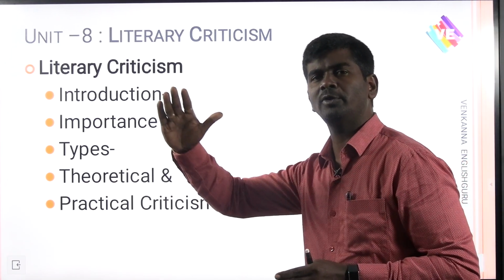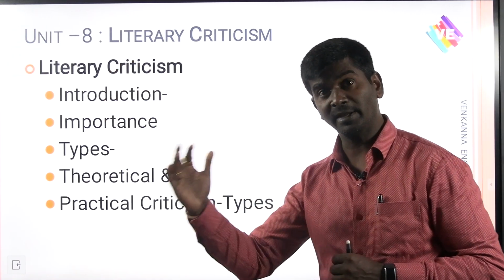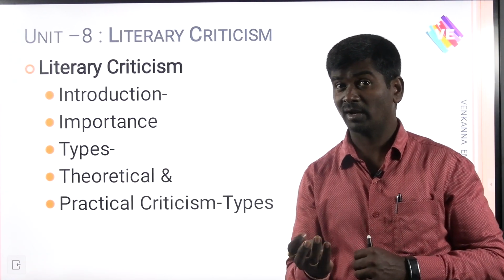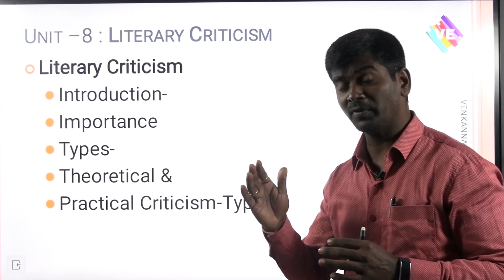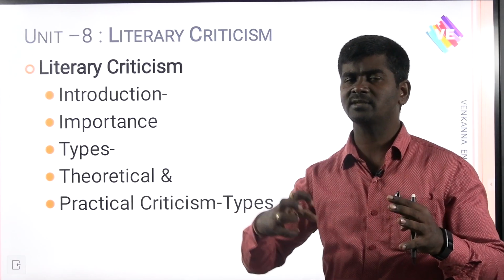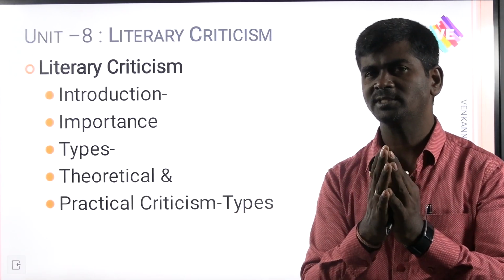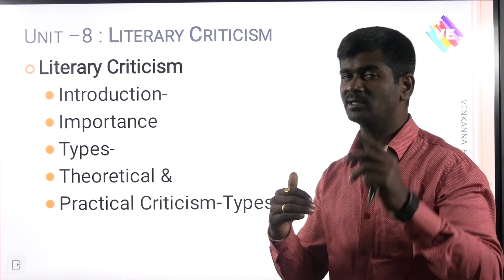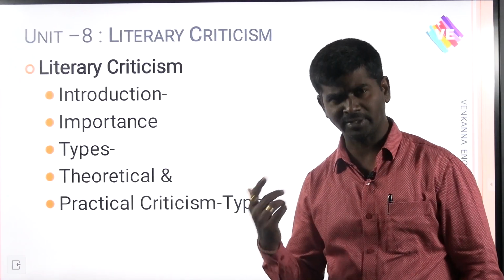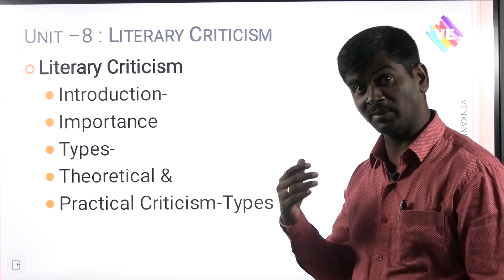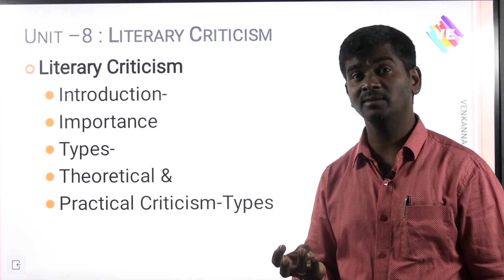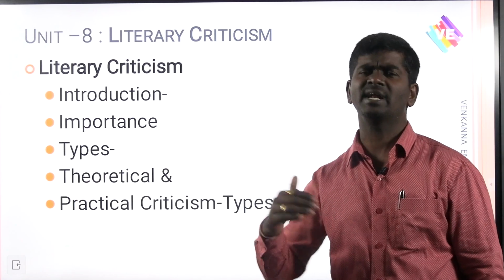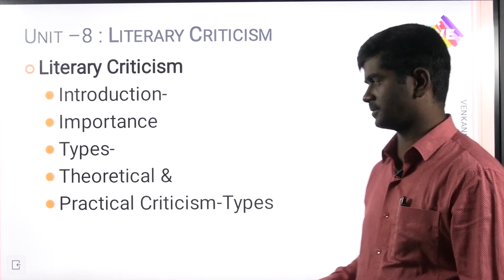From that way, you need to go further till the beginning of 20th century and T.S. Eliot, I.A. Richards, F.R. Leavis, Virginia Woolf. So till 1920, 1930, if you cover all these 10 writers, those literary concepts, those critical concepts, those critical works that were proposed by these writers come under practical criticism. And it can be objective criticism, mimetic criticism, judicial criticism, impressionistic criticism. It has different varieties. You need to read those concepts.